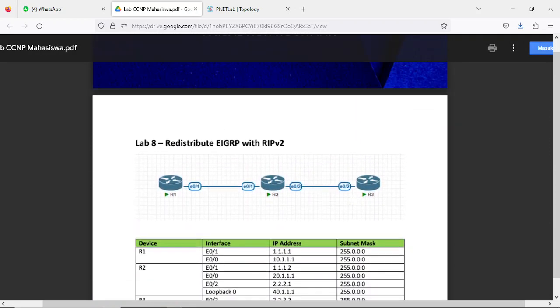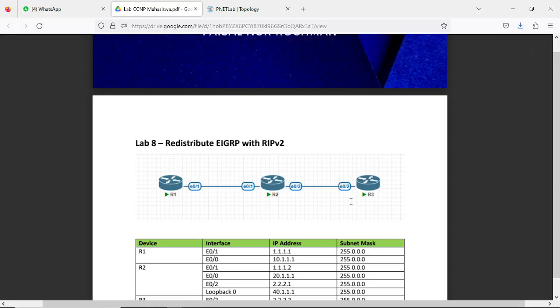What is the feature from Cisco that RIPv2 has? Well, this is just like a protocol like EIGRP, but if EIGRP and RIP version 2 is